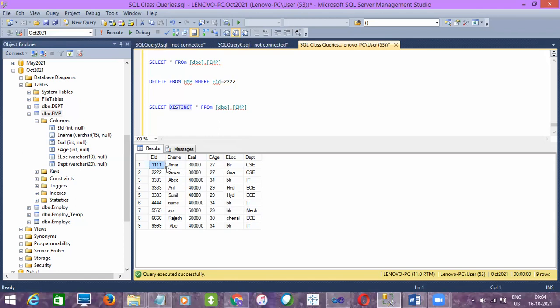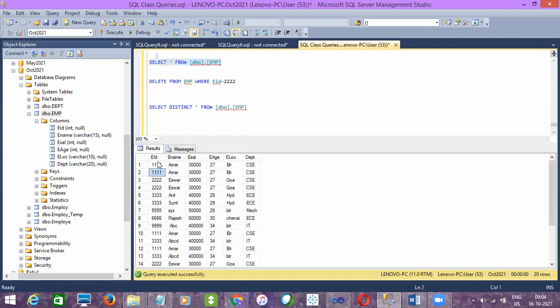See here in this case, 1111 here, right? So only once it is there, but if you observe in the table, we have 3 to 4 values. See, all the values are the same, all the columns: 1111, Amar, 30,000, 27, BLR, CSC, right? So there is no column value different between these two rows, and here also the same.